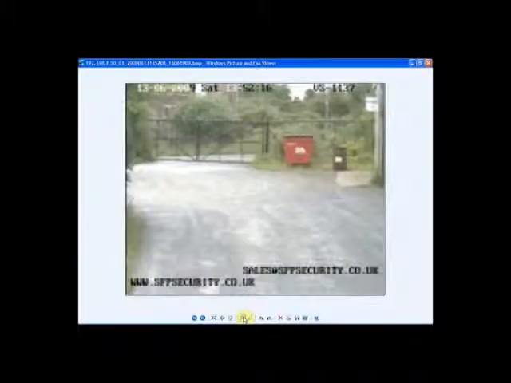We'll expand that. Do remember we're using the substream, so it's not the clearest of pictures. If we'd been using the mainstream, we'd have a much clearer picture. And if we go back to the main screen now,